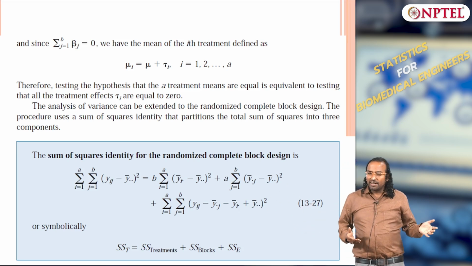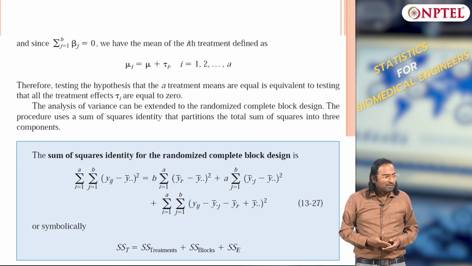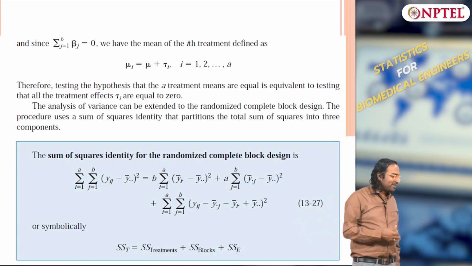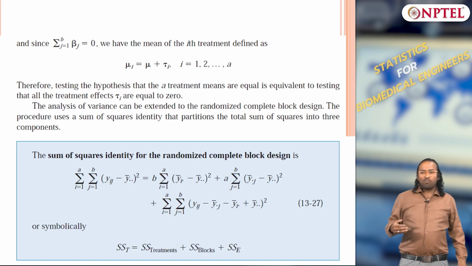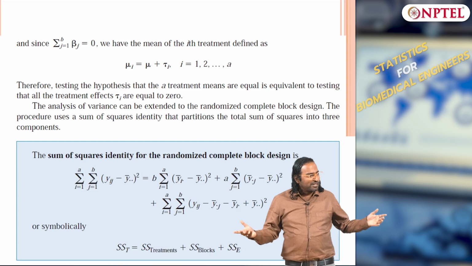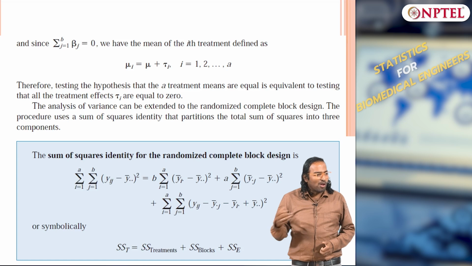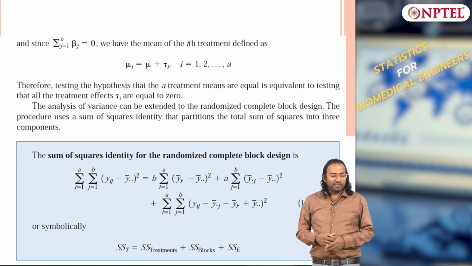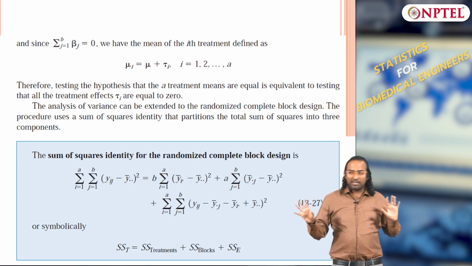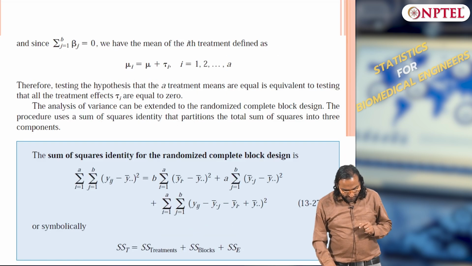So it should not contain treatment effects, that is where they are orthogonal, and similarly blocks and treatments are unrelated, because otherwise you would have included it in the treatment; block is an unrelated variable. So block and treatment should be uncorrelated, and block and noise should also be uncorrelated, because if block is not a specific variable but random, then it will already be part of the noise. So if you are targeting a specific variable, then block and noise should be uncorrelated. So all three are uncorrelated, and you have sum square total as sum square treatment plus sum square block plus sum square error, okay. So that is the identity we have.